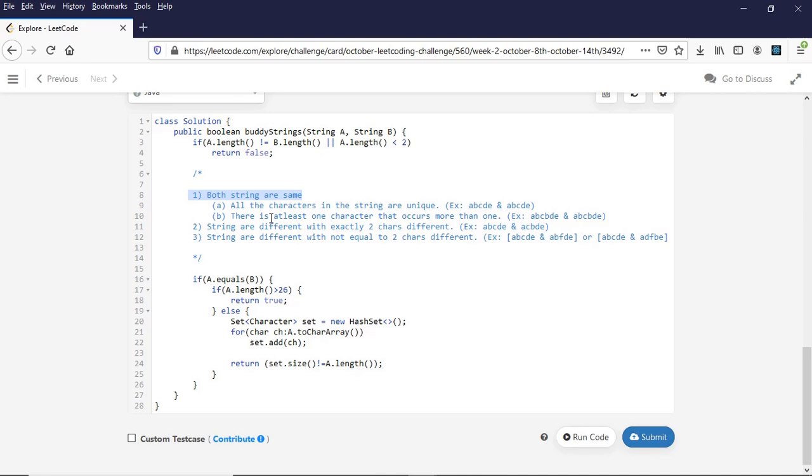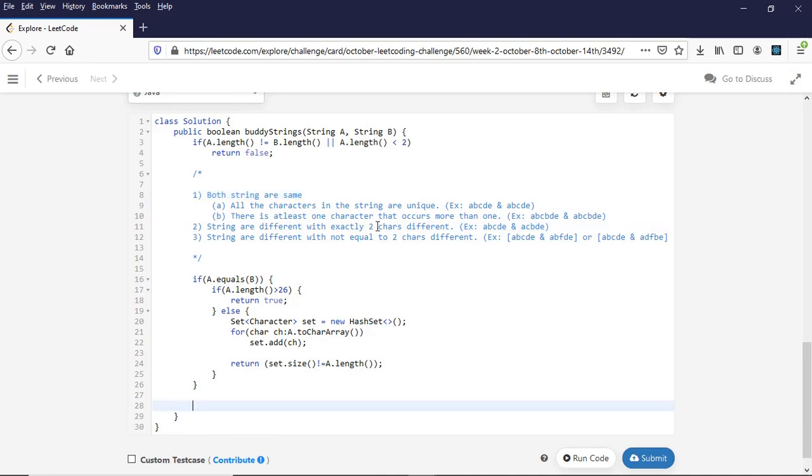Now let's look into point 2. How can we take care of point 2? Point 2 says that exactly two characters are different. So if two characters are different, not only do we have to check whether there are only two characters that are different, but also we have to check that if we swap those characters at different index positions, then the final string will be the same. So for that I will define an int array which will only hold two positions, because there will be only two characters different. So the int array will store the index positions where the differences are.